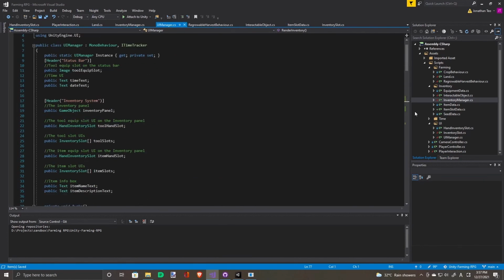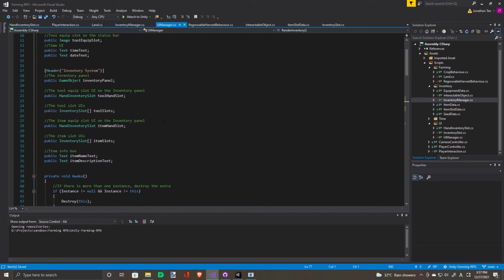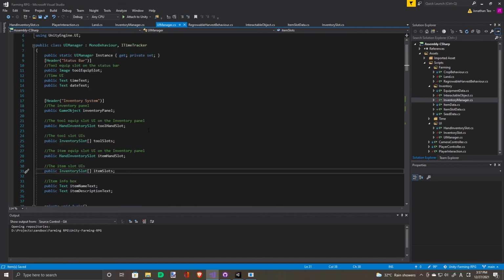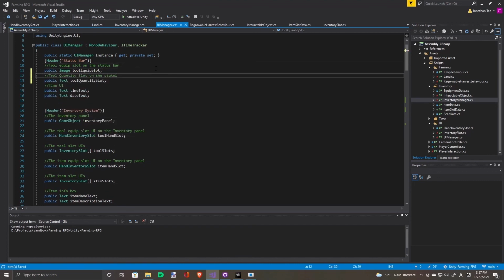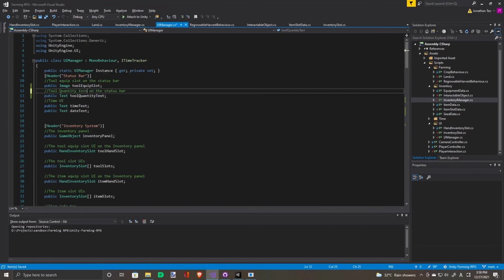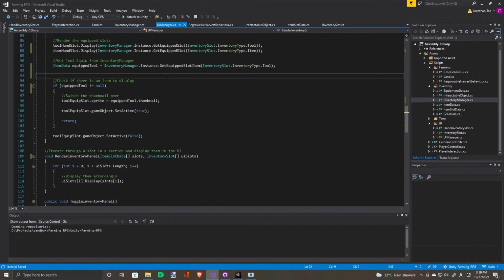Go to UI Manager. To quantity text. And by default, the text should be empty.